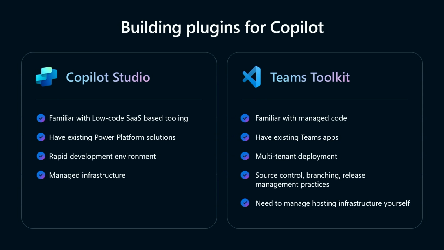Now with Teams Toolkit, if you're familiar with managed code, you've written C#, JavaScript, TypeScript, Teams Toolkit is going to be a better spot for you. If you've built an existing Teams app in Teams Toolkit, you can easily add plugins and graph connectors into them and deploy those into your environment. Teams Toolkit also gives you the luxury through the CLI to deploy to multiple tenants, which gives you kind of release management, branch management, and also if you've got multiple customers, the ability to push things out in a very controlled way. And obviously, because it's managed code, you get the benefits of very fine source control, branching, and release management procedures that you have within your own teams. Now, obviously, you do need to host your own infrastructure for this.